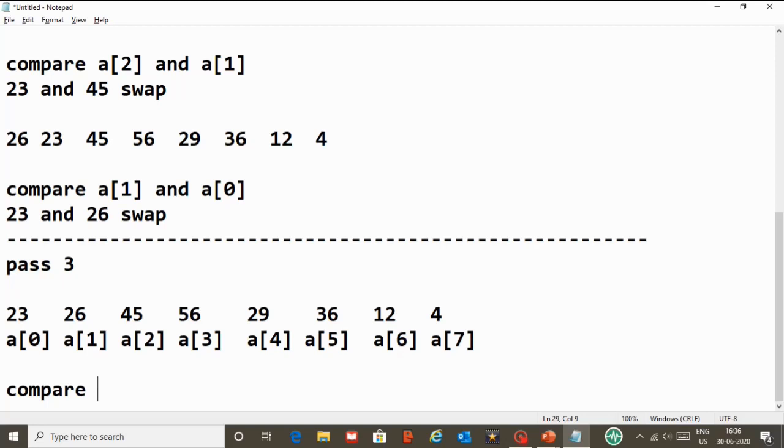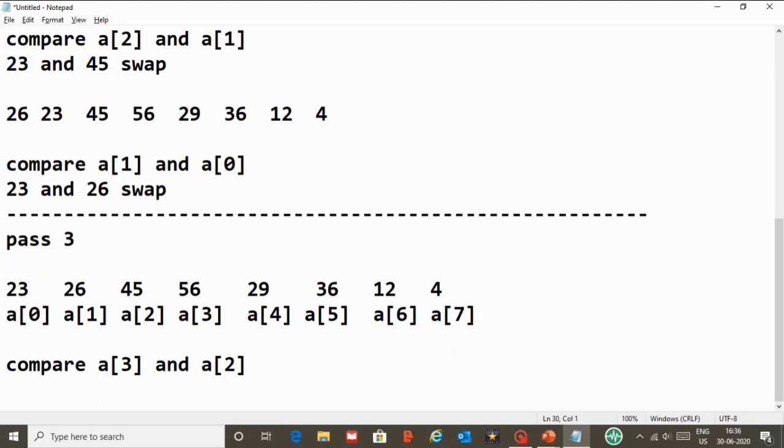So, let me compare A of 3 and A of 2, that is 56 and